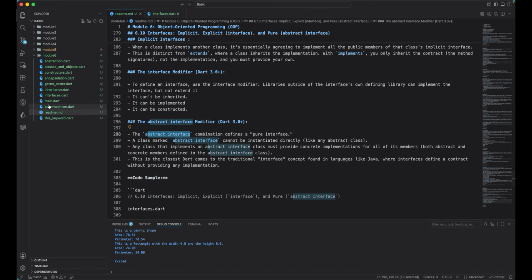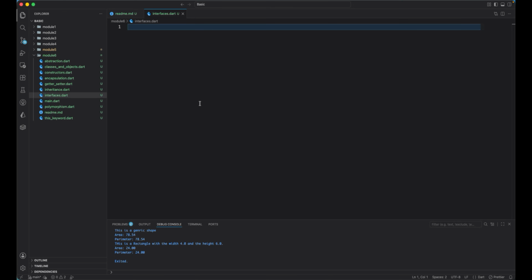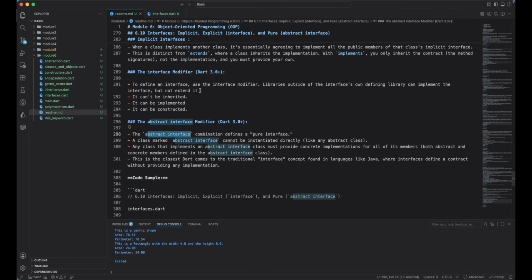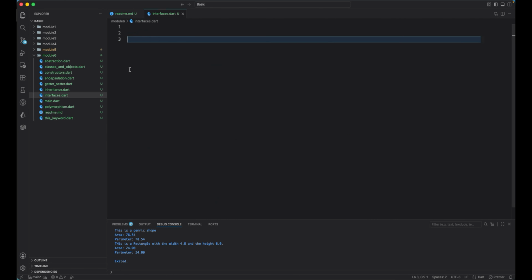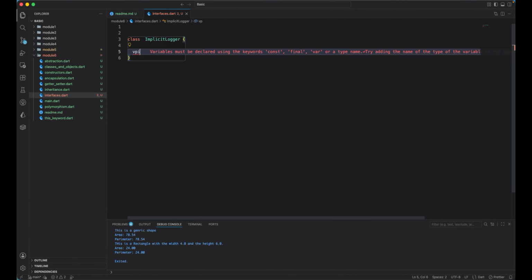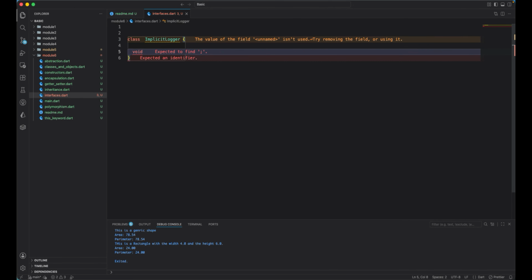So let's go and create our interface over here. I have already created one file, and let's start creating our example to better understand what we have read. This is just the documentation for you to understand, and you can play around with this concept in this particular file. Let's create the first one as a class, our traditional class, let's say ImplicitLogger, right? And with this implicit logger, let's have a void method